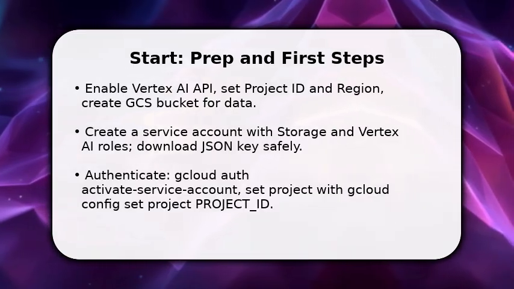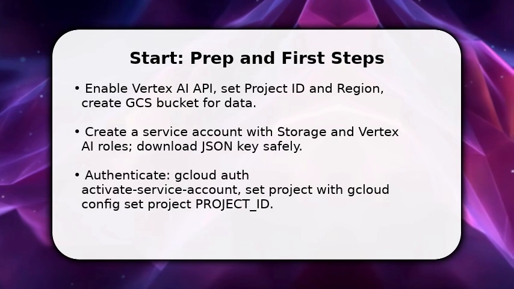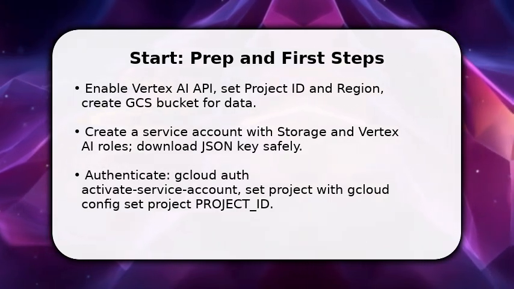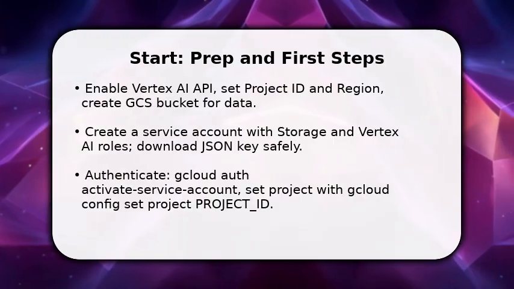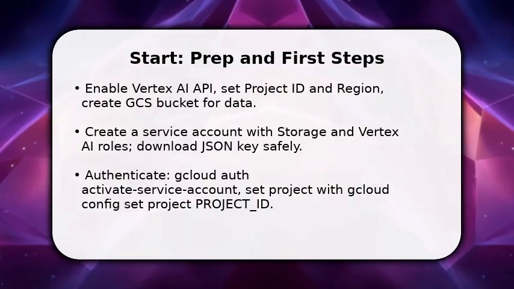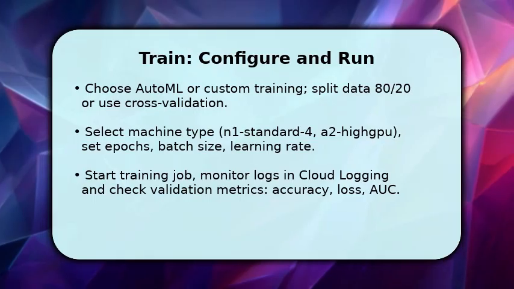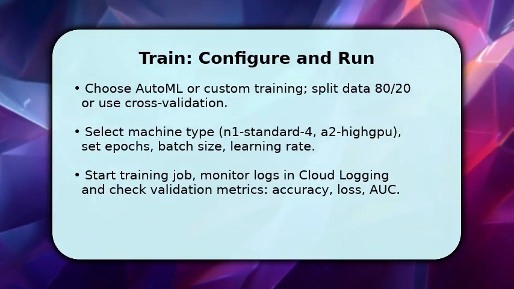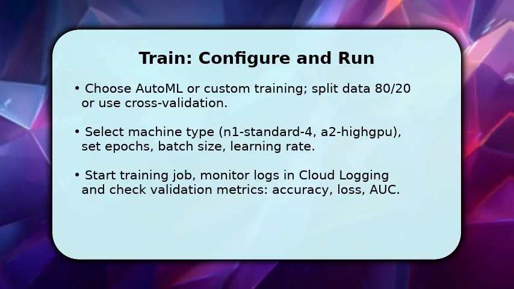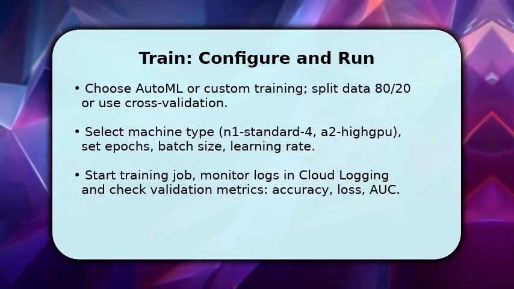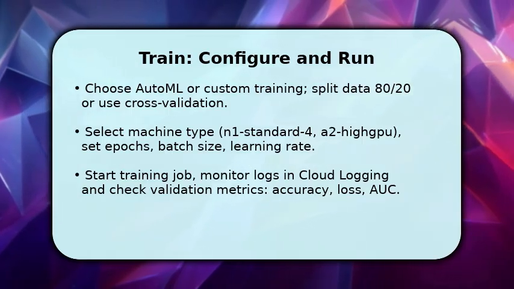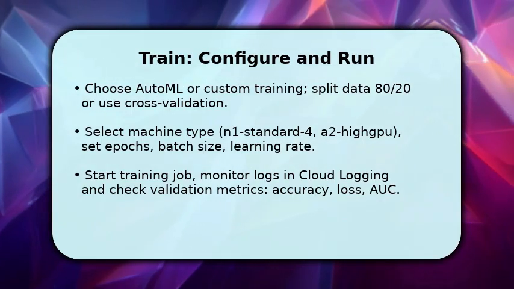Once done, open the Vertex AI console or use gcloud to create a new dataset resource so you have a tangible target for training. You now move into the detailed execution. Pick AutoML for quick models or custom containers for full control, and choose a sensible data split like 80/20. Configure compute. Pick CPU or GPU machines, for example N1 Standard 4 or A2 HighGPU, and set hyperparameters such as